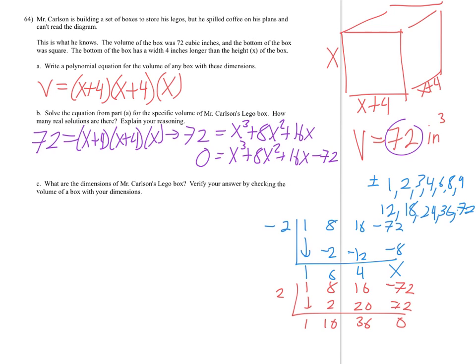Nice. So that's going to be x minus 2. Then we've got x squared plus 10x plus 36 is equal to 0. All right, this one, that's when x equals 2. By the way, that's going to be our answer. For the other part,